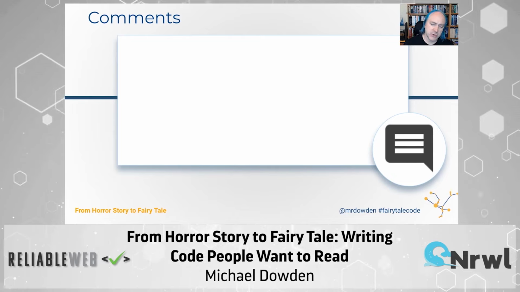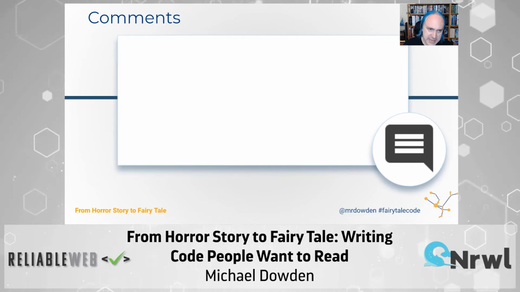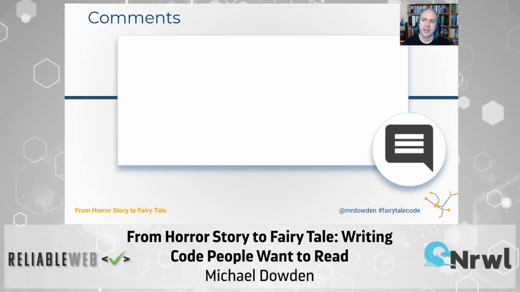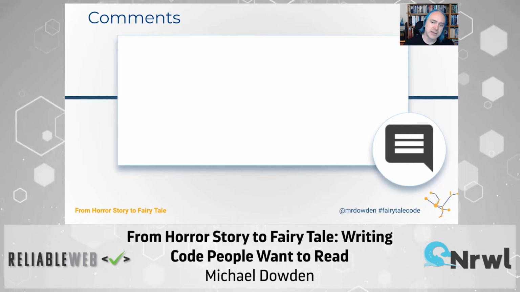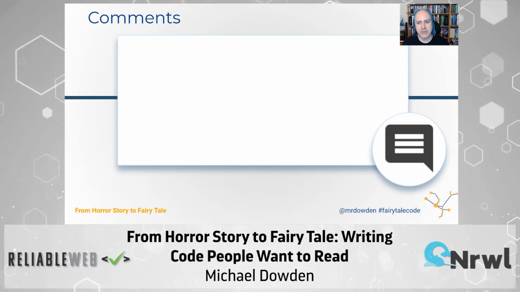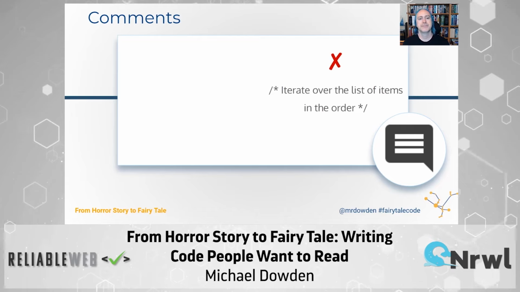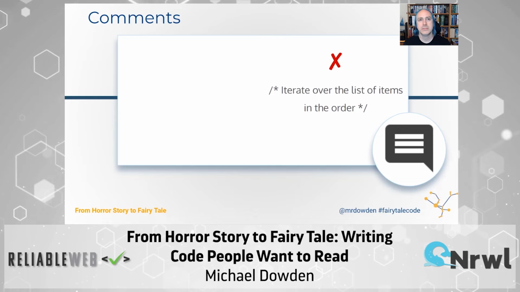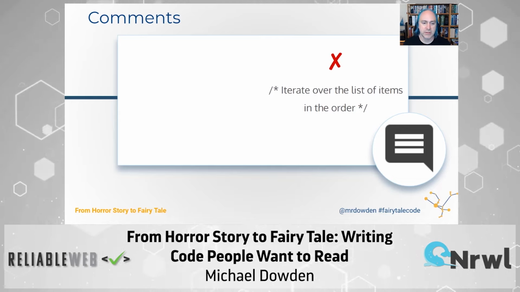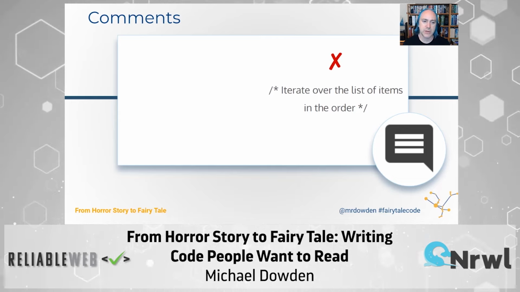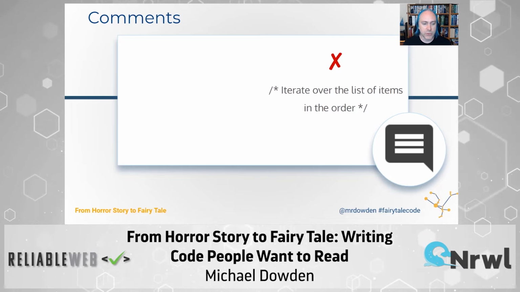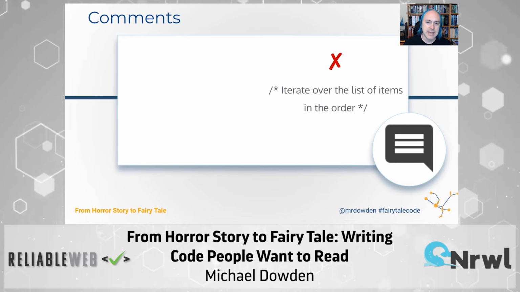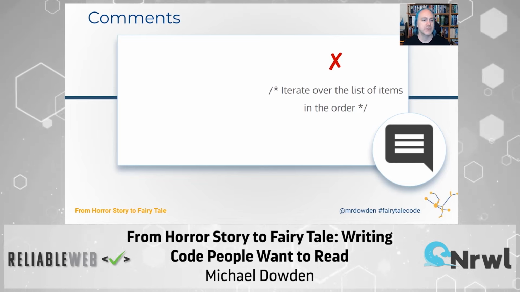When you're writing comments, and I encourage you to write comments, write lots of comments. Comments are fantastic, but they should explain why or how. Only explain what if that understanding is buried within third-party code. Never ever duplicate your code with your comments. So for example, this would be a bad comment: "Iterate over the list of items in the order." Well, yeah, so I've got this order and I've got items on the order that I'm going to check out with, whatever, I can see a for loop or a for each iterator and know that this is what's happening. This is not helpful. This is code.